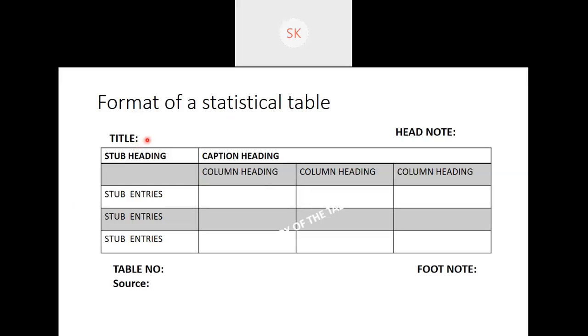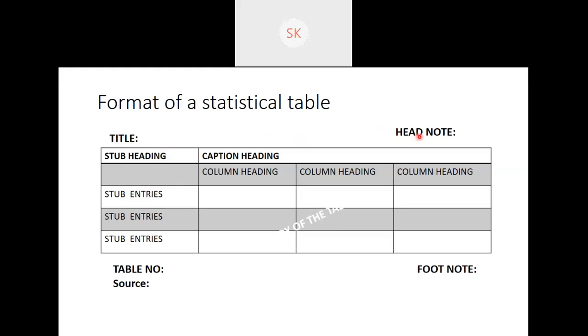Okay, so first you will have to give the title for the table. That is, every statistical table, it's compulsory to give the title. What you are calculating should be compulsorily written. Now, in any exam, if you don't write the heading for the table, you can expect they can cut 1 to 2 marks. So you better write the heading and then go on with your calculation.